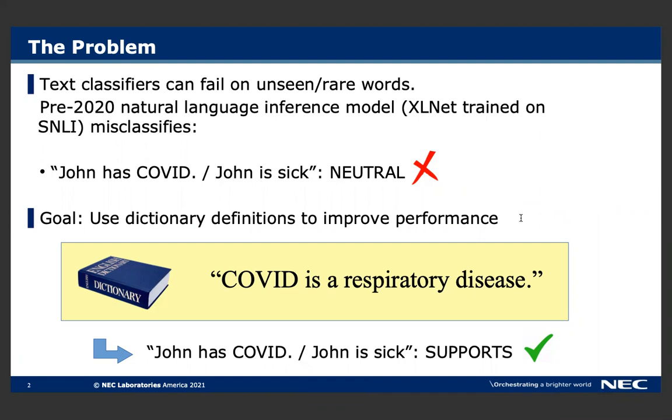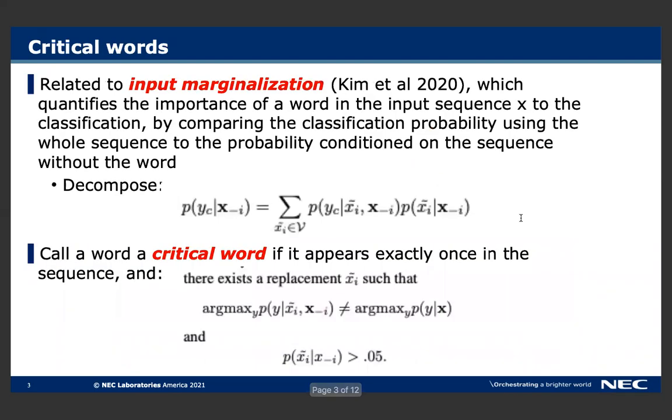We want a way to inject a definition, "COVID is a respiratory disease," so that the model correctly concludes that "John is sick" is supported by "John has COVID." To make a model that can use definitions, we need to make a training set of examples where those definitions matter. And the main idea we will use to do that will be to focus on what we call critical